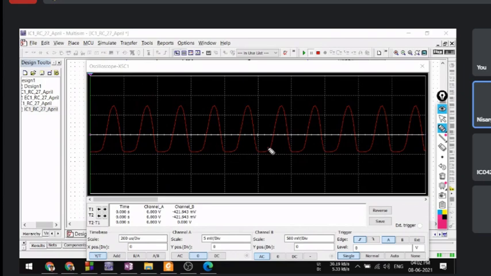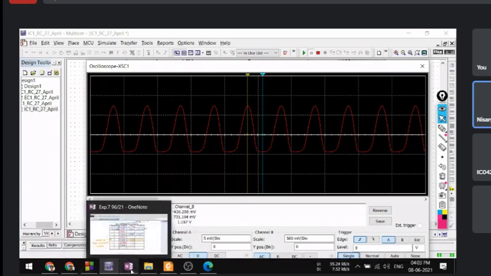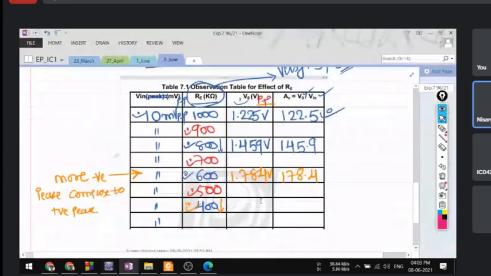You can see, obviously, there is distortion. Okay, so let us measure peak to peak. On the positive maximum value, set the cursor to cursor 1, and on the negative maximum value, right? What is peak to peak? 1.167. Obviously it is distorted, highly distorted. But let us write down 1.167, right?